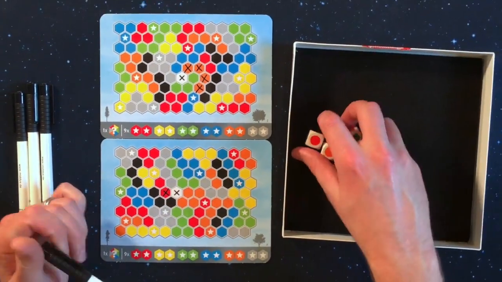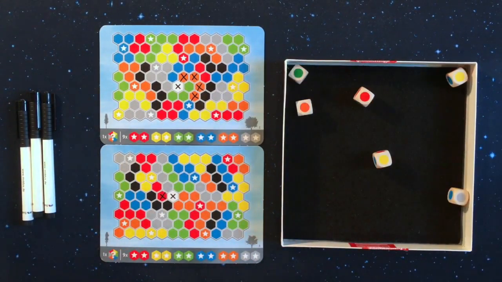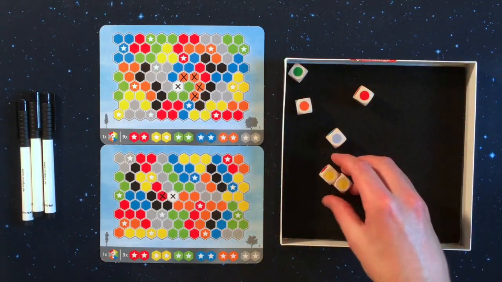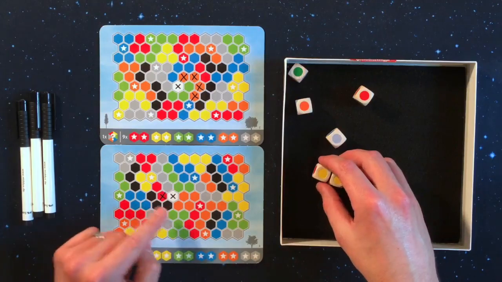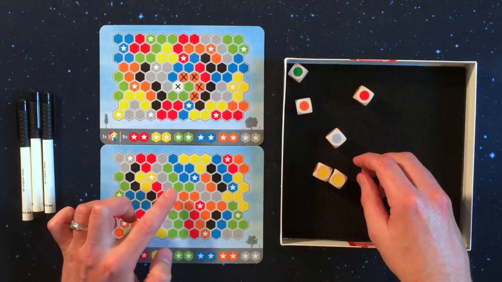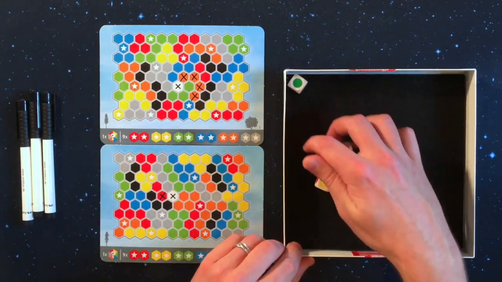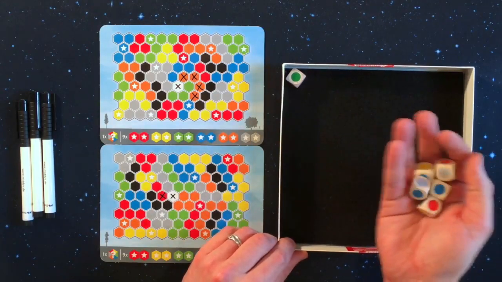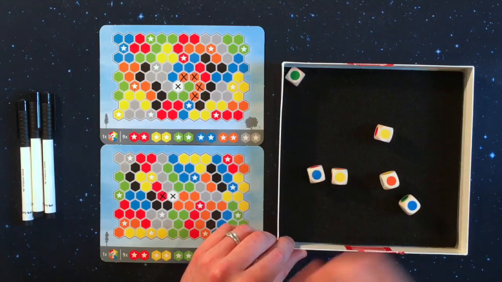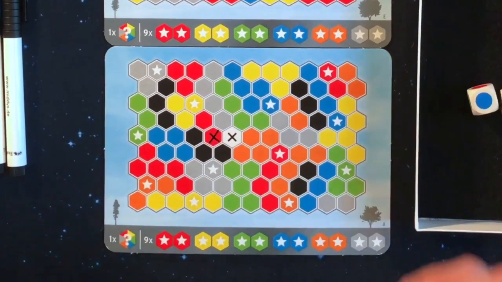So now that this player's done, this player will go. And they're hoping for a lucky roll as well. Let's see. So the only matching color they have is yellow, but they're not around a yellow, so they don't want to pick yellow. So let's try to get up here. They're going to pick green. So they're going to keep that 1 green, and they get to re-roll all these dice. And they're hoping to re-roll at least 1 other green so they can keep on going. Oop. And so they didn't. And so this player is going to take their 1 green,